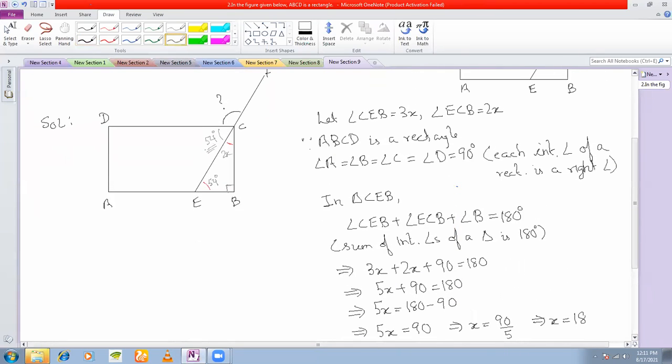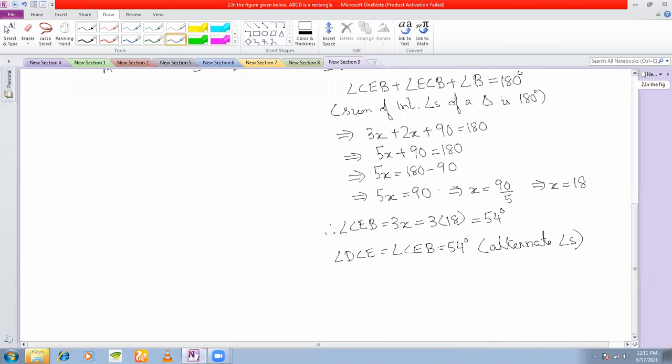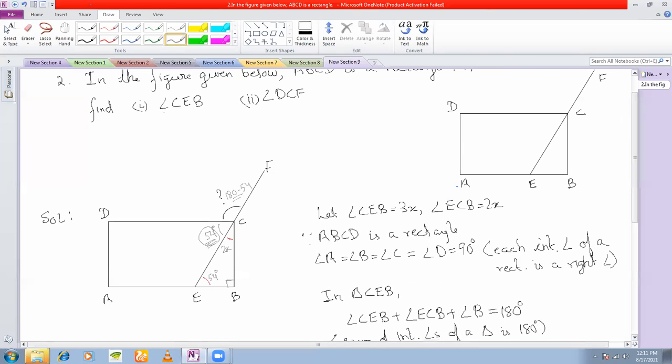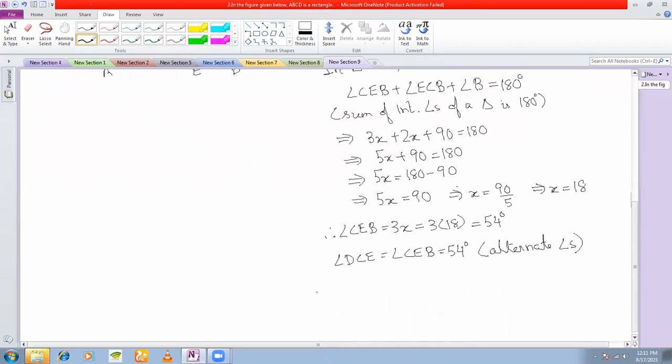So now if this angle is 54 degrees, then how much will be this angle? It's 13.2 number 2. 180 minus 54, right? Because the sum of angles on a same straight line is equal to 180. So therefore we write which angle we need to find out? DCF, which we have found as 180 minus 54. So therefore you can directly write DCF